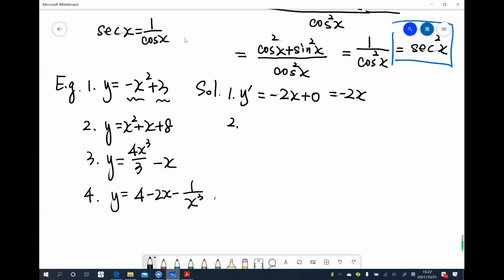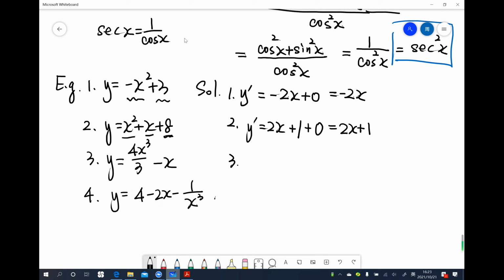here, we also use the sum rule. So we have to calculate it part by part. So here, 3 parts. The first is 2x, right? And the second is 1. The third is 0, right? It is a constant, don't forget it. So that equals 2x plus 1. And the third one,